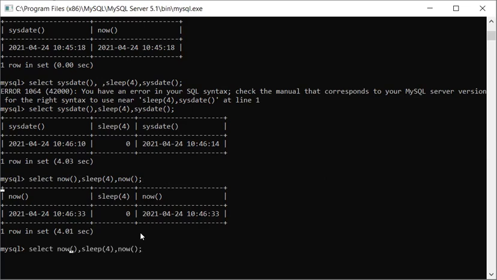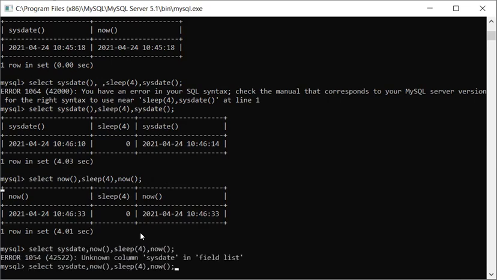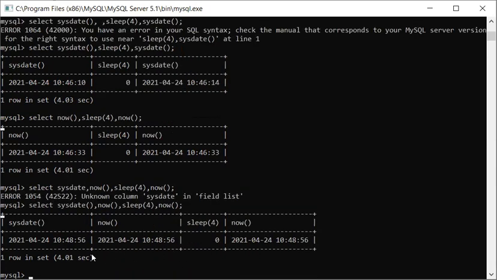Okay, so I'm going to use this something like sysdate, comma now, and then sysdate, and then it is a function. So see, first it is waiting for 4 seconds and then it is showing you the time. Now see, you can see over here what it has done.